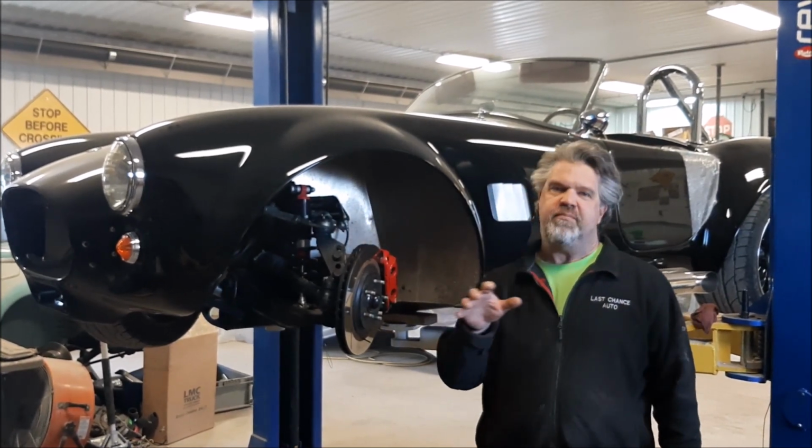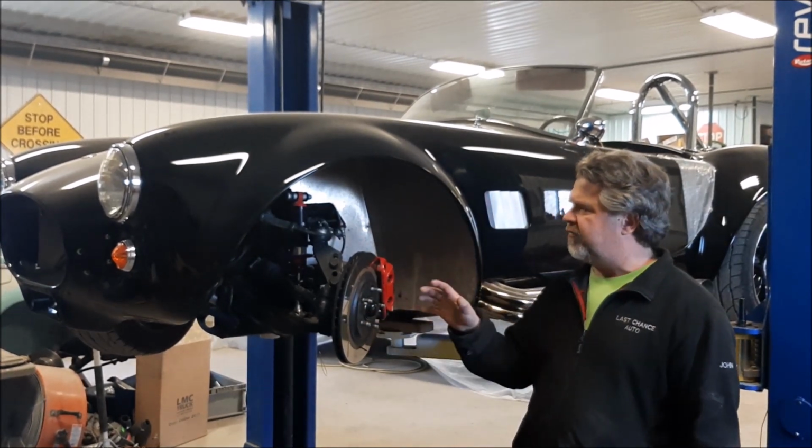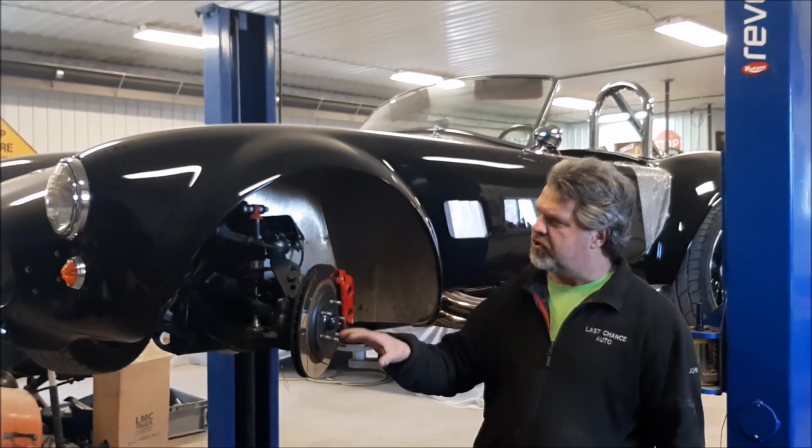I apologize for the delay. This is the time of year where it's really busy in the shop. So what we've done is we've started to do our inspection on the car. We've seen some concerns with it, but what we're going to do first of all is just kind of, as